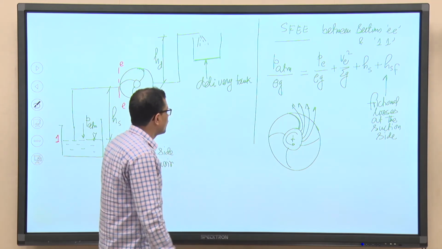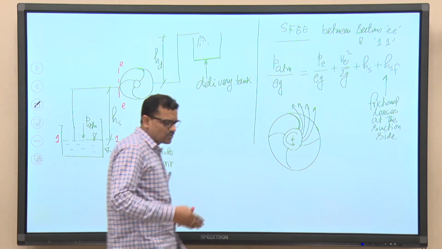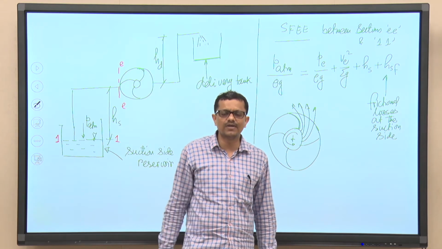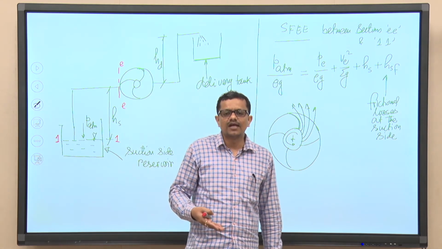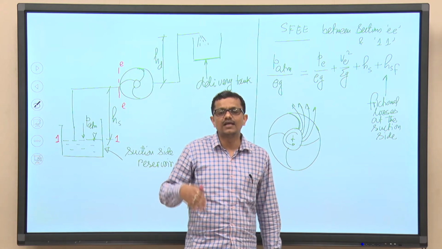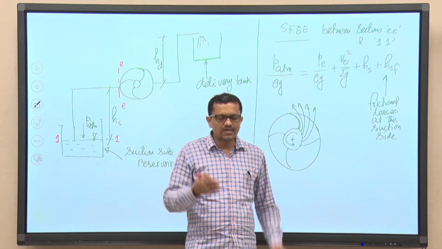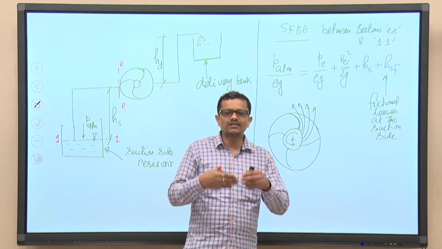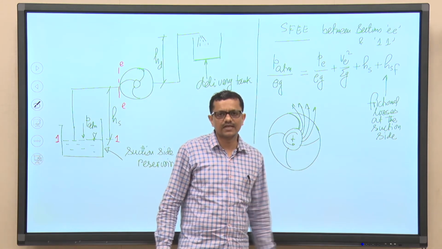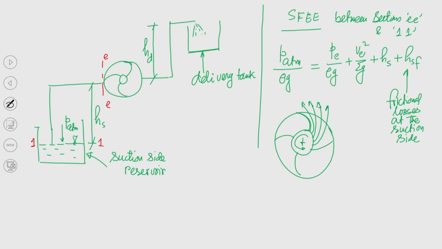So can we now quickly see, in this context, at least from the design point of view and the pump operational point of view, whether there is any parameter, by knowing the magnitude of which we can alter either the pump installation or pump operation, essentially to prevent this effect, that is cavitation. Now, this parameter is known as net positive suction head.